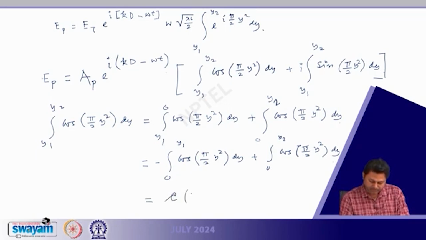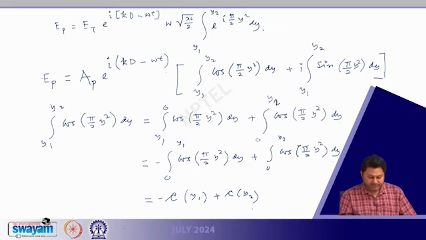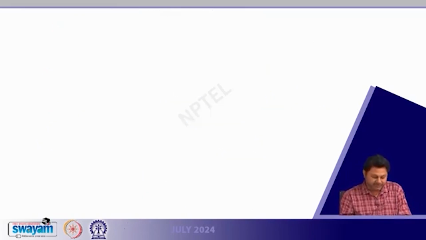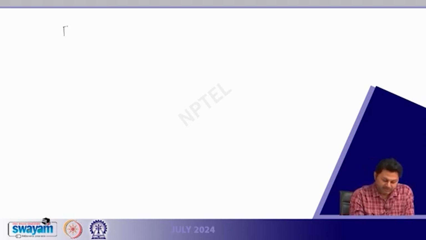So, essentially this is C of y1 with a minus sign plus C of y2. So, we are almost there. It is the same for sine also. So, for a rectangular aperture, the field that I get, EP, is finally this AP